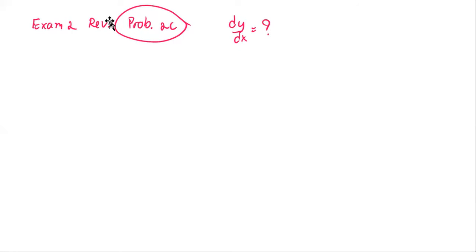Exam 2 review, problem 2c. We are going to find dy by dx where the implicit function is in the form of 7x squared times y to the third equals 1. This is the implicit function. The process of finding the implicit function,